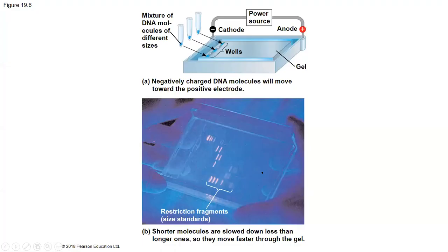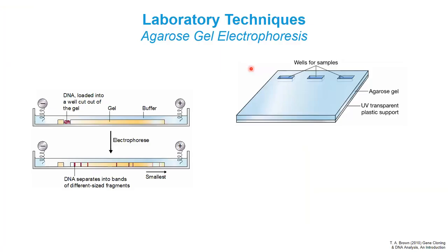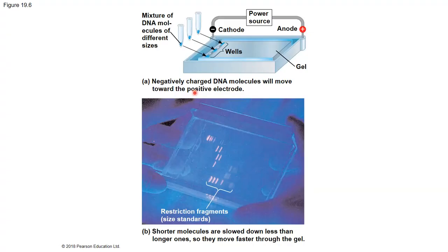So we could do this using a technique called gel electrophoresis. Gel electrophoresis is a technique that could be used to analyze plasmids or to analyze any DNA. So I want you to understand that when you have a plasmid,